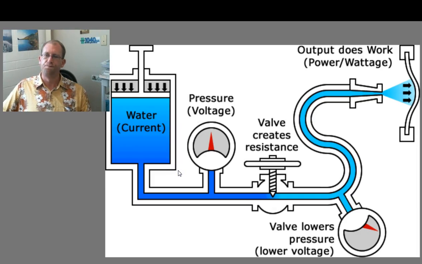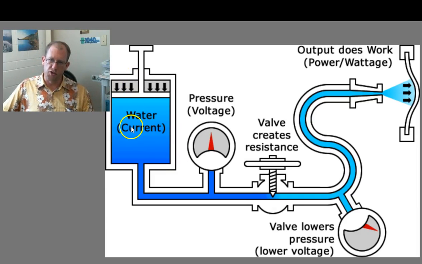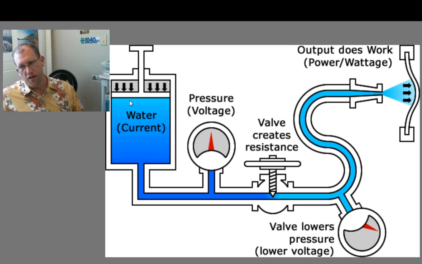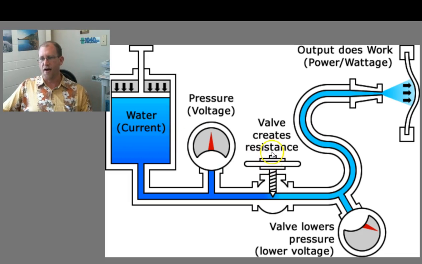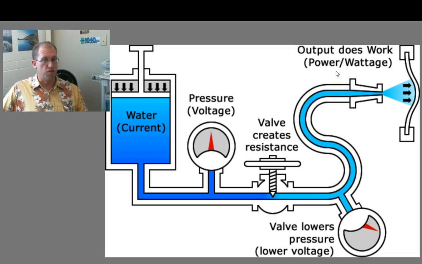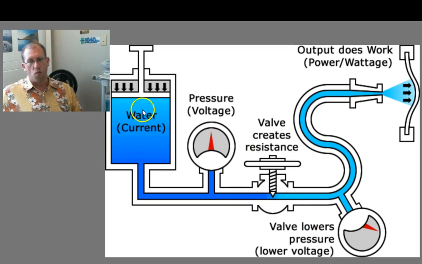All right? Now, water pressure on one side of a valve would be like the voltage over here. Voltage is like water pressure, making the water want to move. And then a valve is like a resistor, and it slows down the flow. There's less flow here. There's fewer amps moving through this wire per unit second, okay? And there's less voltage, there's less pressure. So less voltage after the resistor, more voltage before the resistor, and the water flowing through would slow down here,